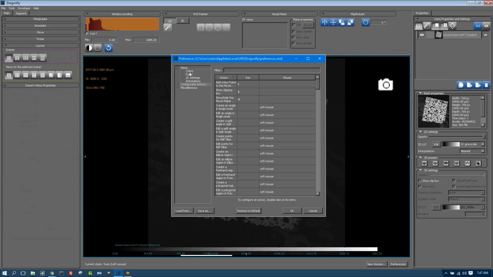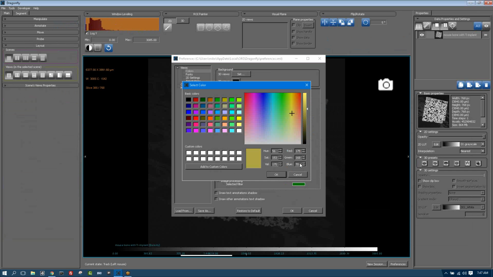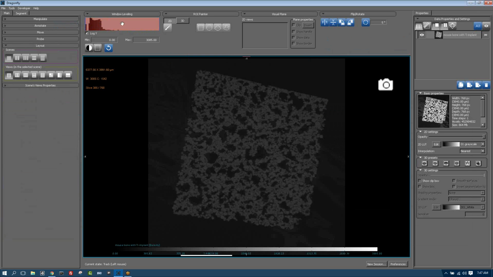I have a preferences in colors, and what I'm going to do right now, you see this sort of orangish color, I'm just going to scroll down to histograms, and let's make the background a light gray, and make the bins blue,